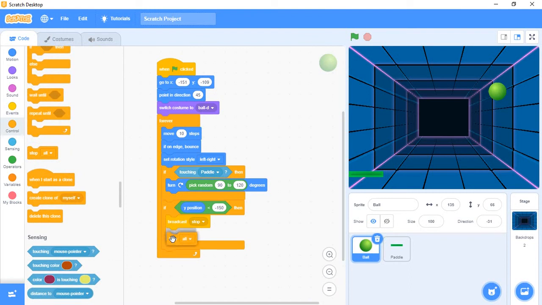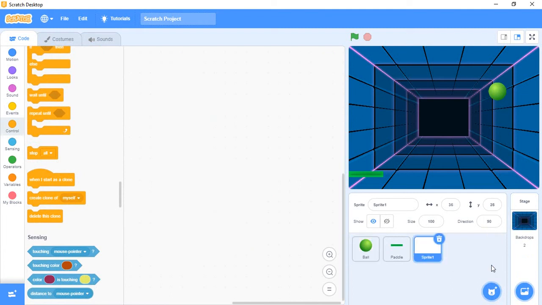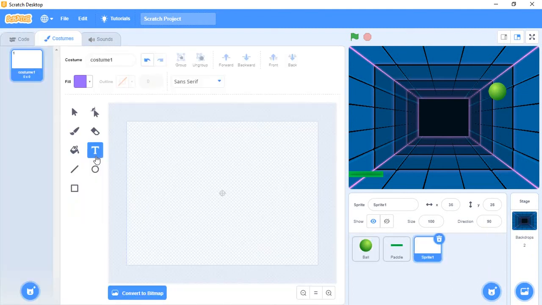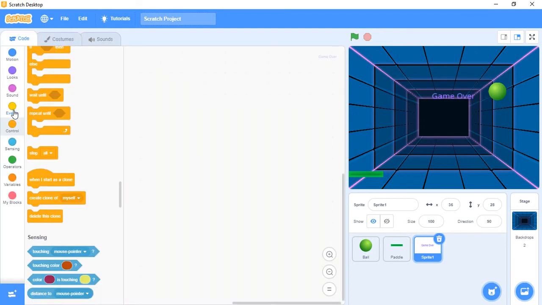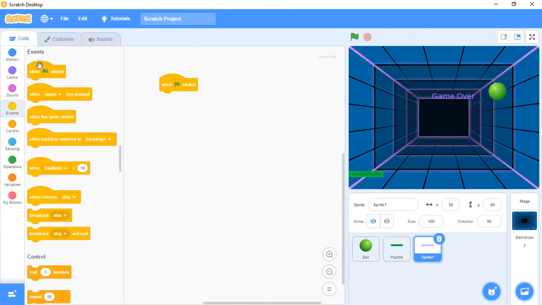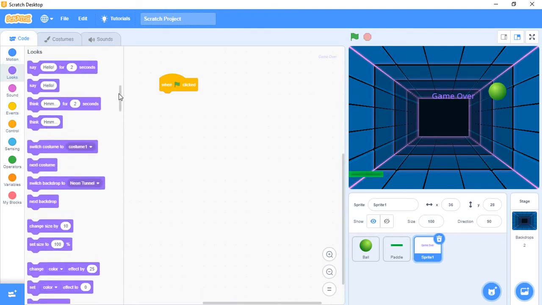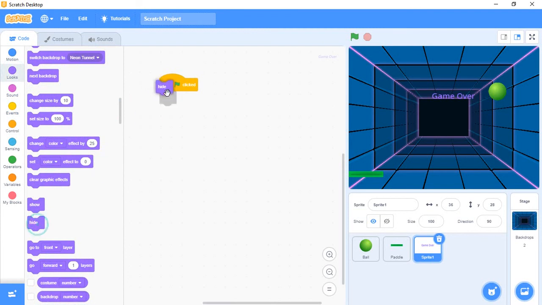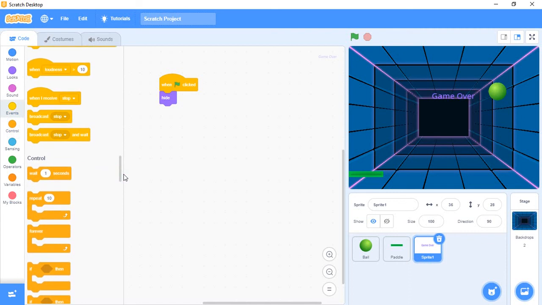Stop all. Okay. So next we need to create one more sprite for game over. Game over. Select the code. When you click on the green flag, that sprite should hide. It should not be visible to the user. But when I receive this stop message, it should be visible.